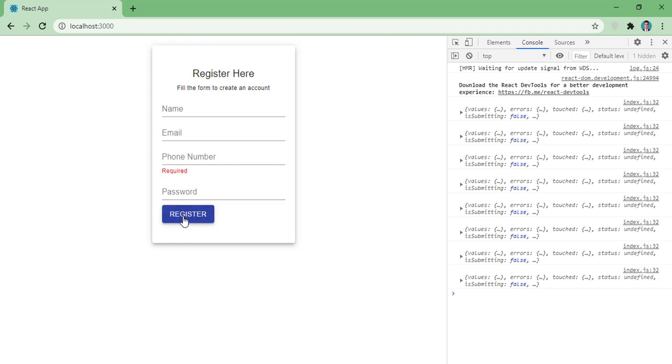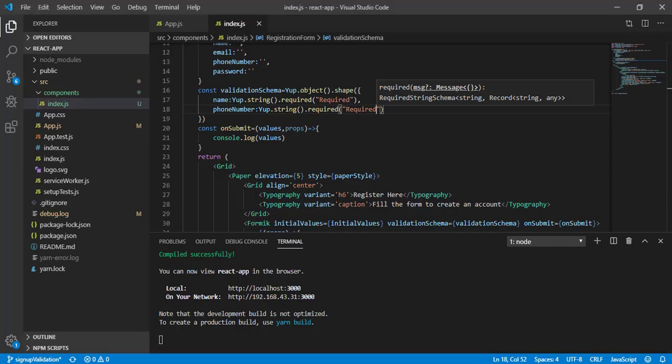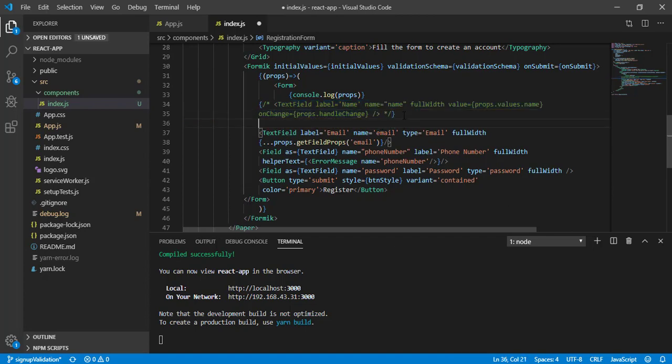Now if I try to press enter, this form will not get submitted. So now I need to resolve this error first. Let's bind the name and the others as well. For that, I need to replace this tag with the Field. So here I will comment this line, and I will copy this and paste it.